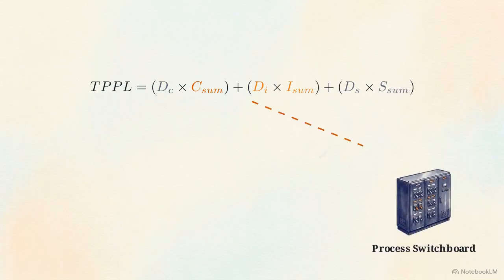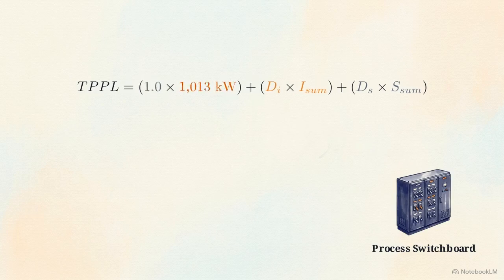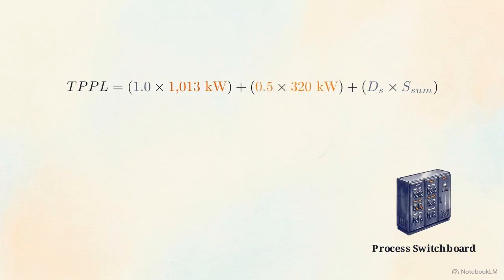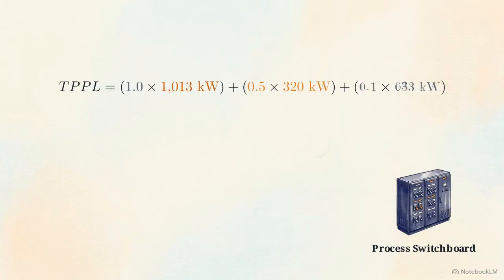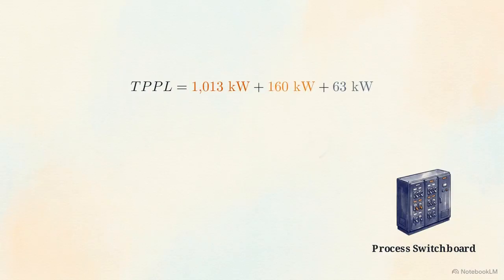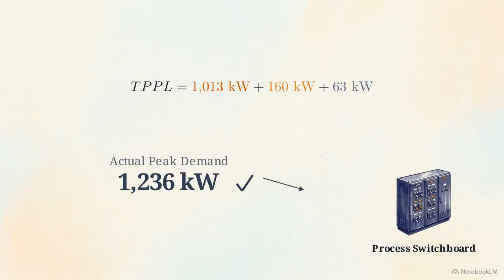We synthesize these classifications and multipliers into the total plant peak load, or TPPL formula. As you see here, we sum the continuous, intermittent, and standby loads, each modified by its specific diversity factor. If we calculate the demand for a single process switchboard, we replace those variables with real kilowatt values. A continuous load of 1,013 kilowatts multiplied by a factor of 1.0, plus 320 kilowatts of intermittent load at 0.5, and 633 kilowatts of standby load at 0.1, resolves to an actual peak demand of 1,236 kilowatts for that specific